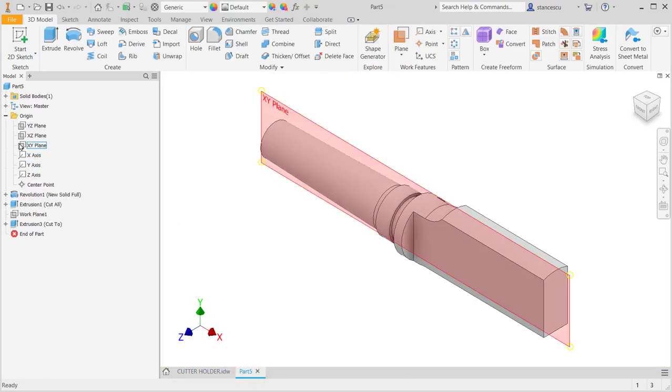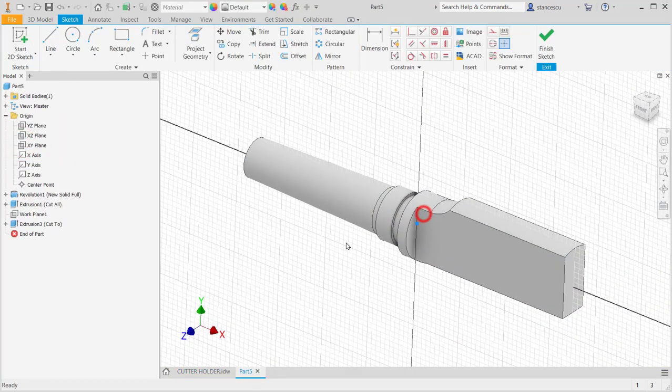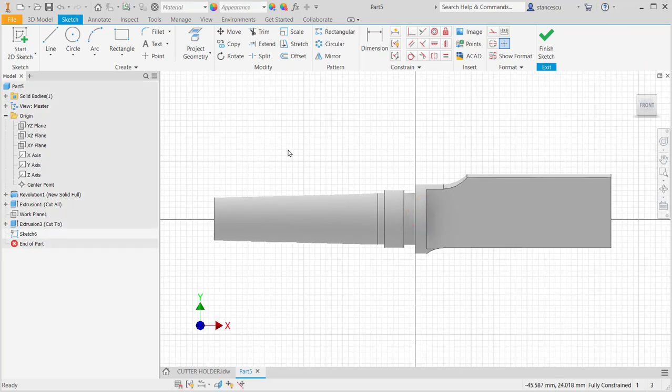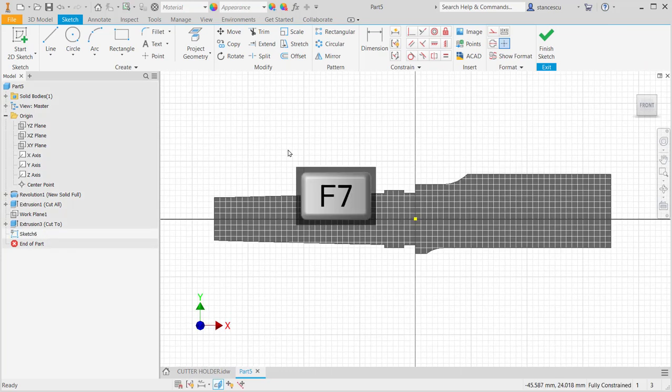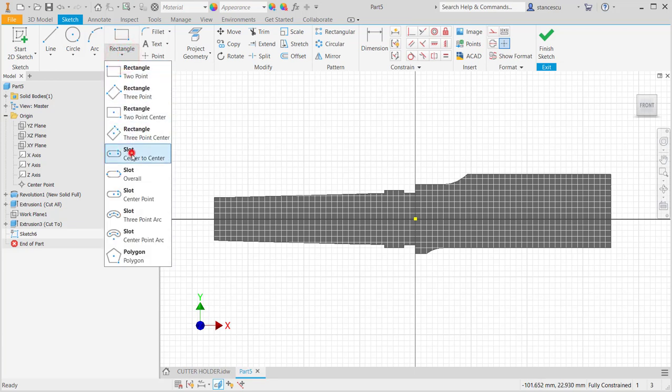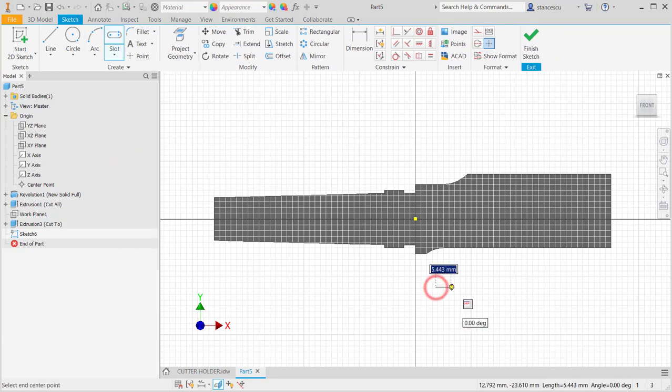Let's create a sketch in the XY plane. I draw the slot 5.5 on horizontal, and then radius of 2,